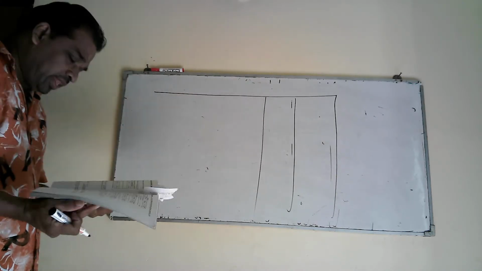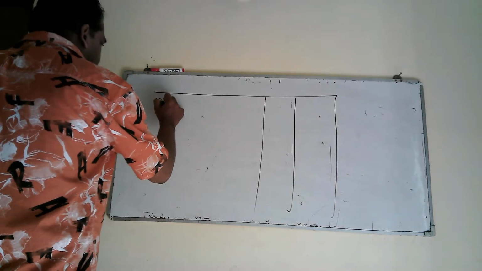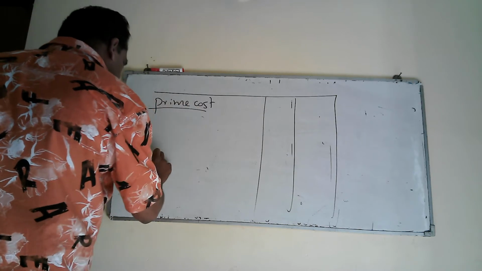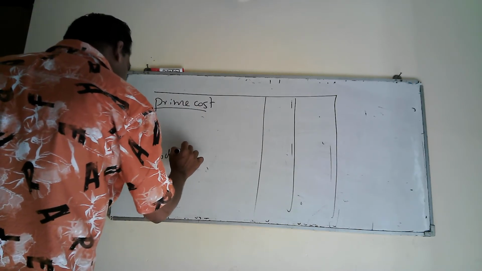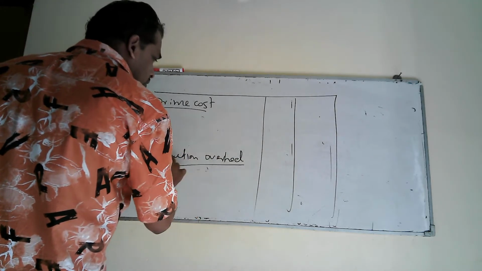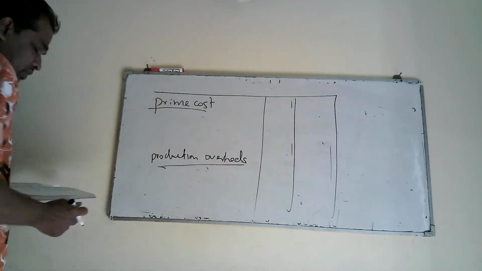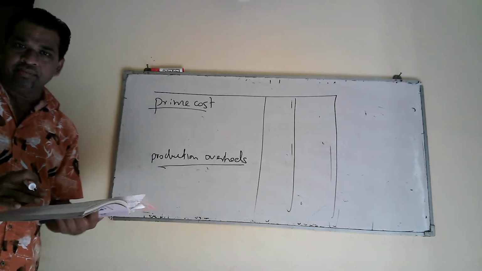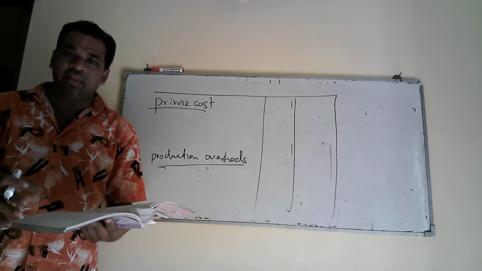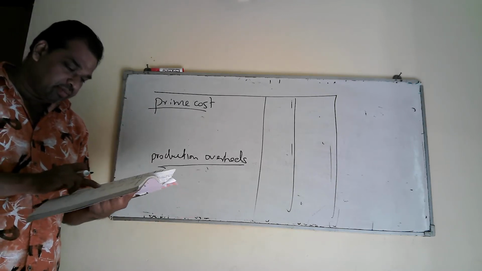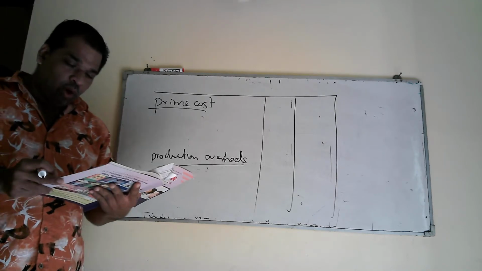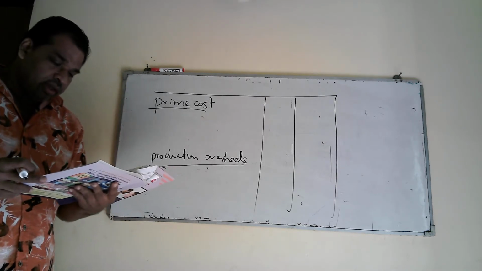Write statement of production cost right on the top. Then we can include in the statement prime cost and production overhead cost, right. Then we can take one by one. You all have to buy the past question paper book, then you can easily practice that. Then the first item is purchase of plastic bottles.